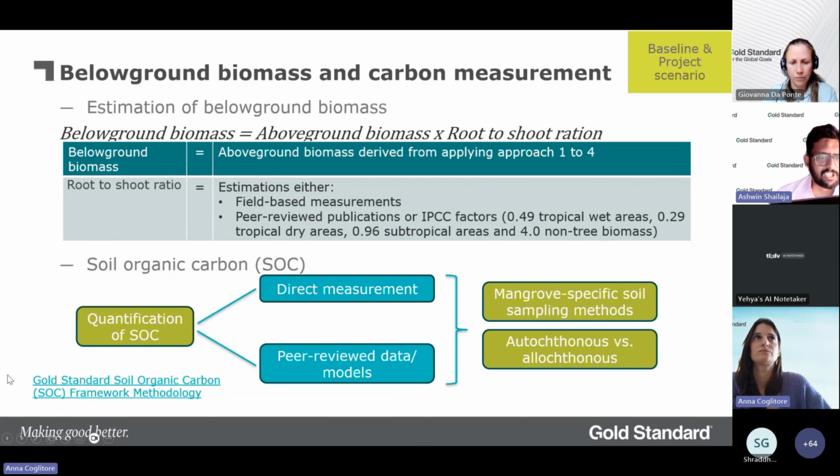Thanks. Just touching upon soil organic carbon here. Right now, direct measurement is what is proposed in the methodology, and this is explained in Appendix 2 of the methodology. There are two approaches mentioned in the methodology. One is a reference from a C4 paper, and the other is an approach proposed by FAO. So both these approaches could be considered by the project developer for measurement of soil organic carbon.